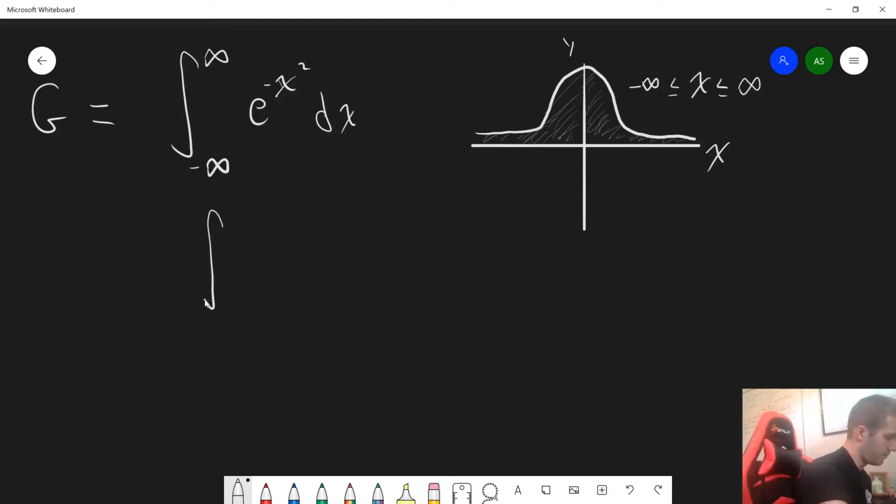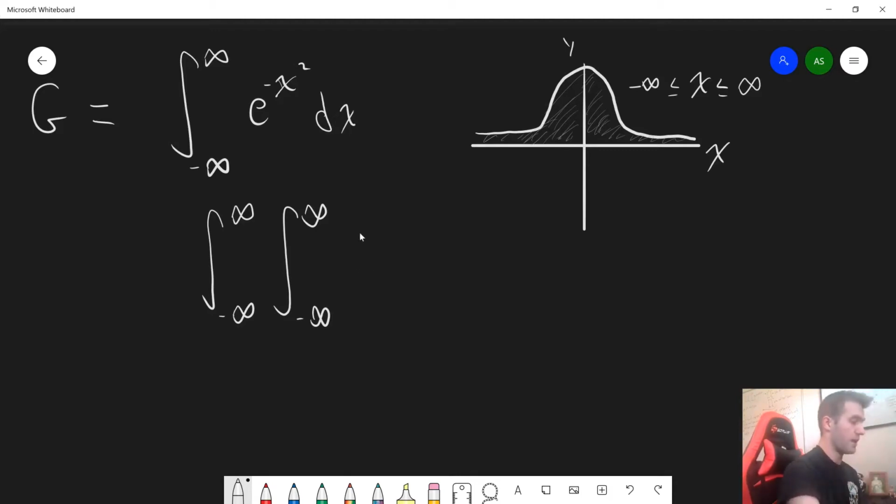So our integral from negative infinity to infinity, and like I said, we're going to have a double, negative infinity to infinity, and since we are multiplying it by just another independent variable of the same equation, we're going to use the exponent rule here. So that's going to give us e to the negative, factoring out the negative, x squared plus y squared, with respect to dx, dy,